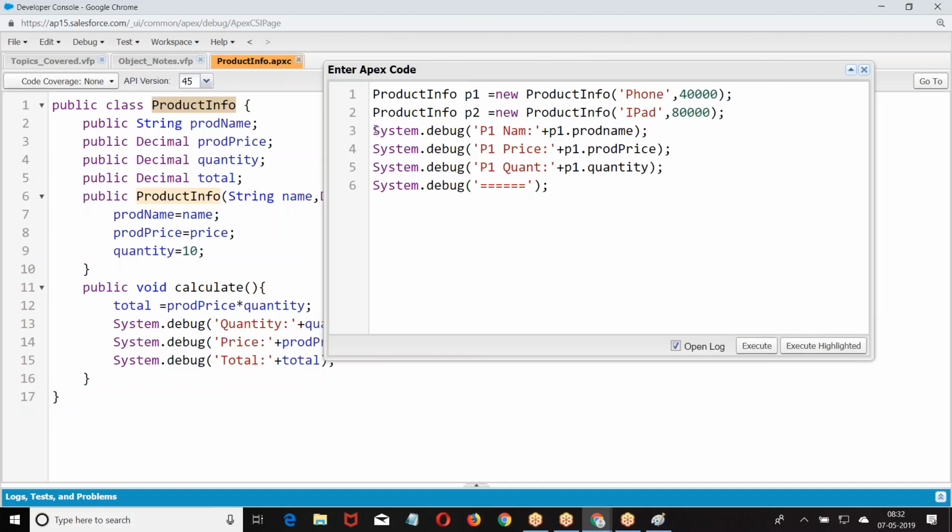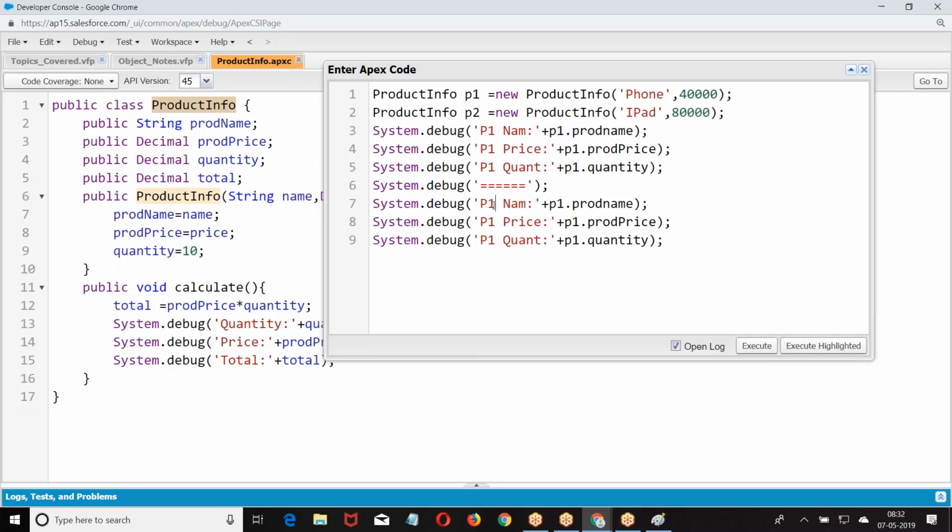The same story I'm creating here: P2 name, P2 price, P2 quantity. Then execute.